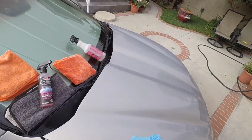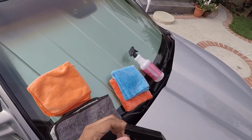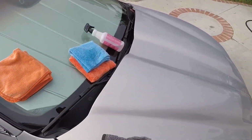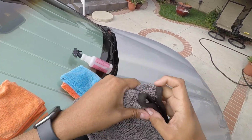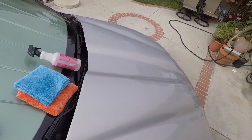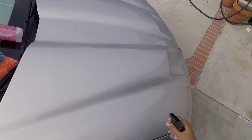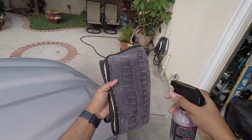Okay, so at this point the surface is still kind of wet. So put DreamMaker on. This is a gauntlet towel, so you can use DreamMaker as a drying aid. This trigger's garbage, but you can use it as a drying aid. I'm going to put a couple of squirts on there,